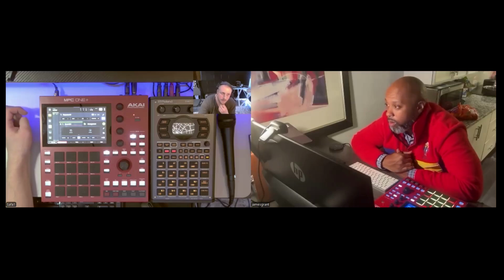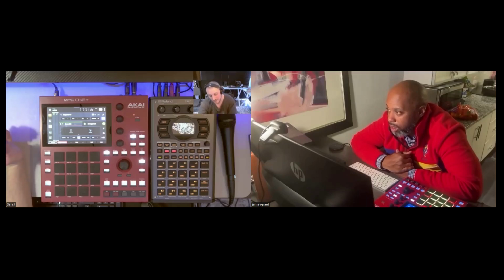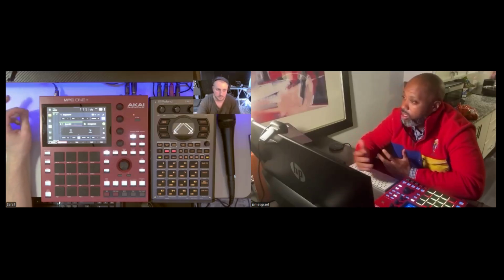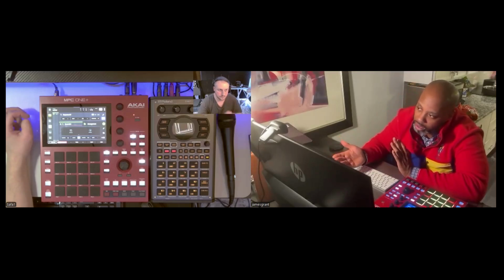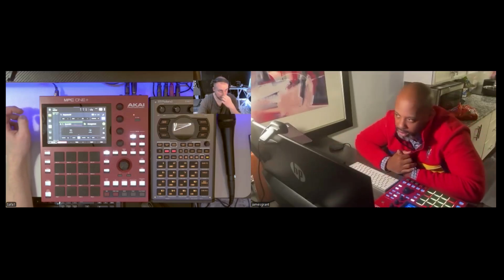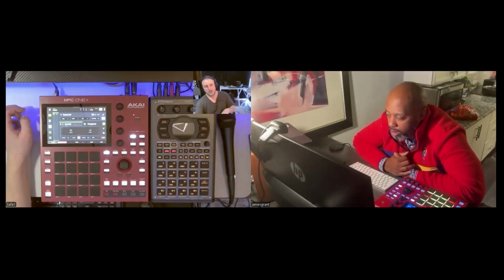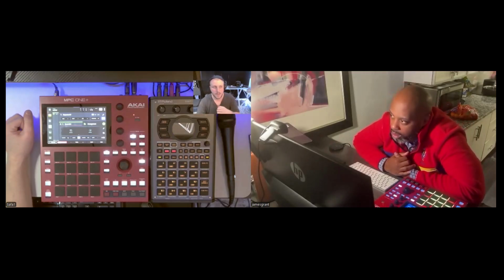It might take a bit of time, but you're also saving on CPU by resampling stuff you've made, because you don't have to load in another plugin. You're basically resampling what you made with that plugin, and then you can delete the plugin, put that into an audio track, put effects on it if you want, and resample it again. Basically, it's endless at that point.